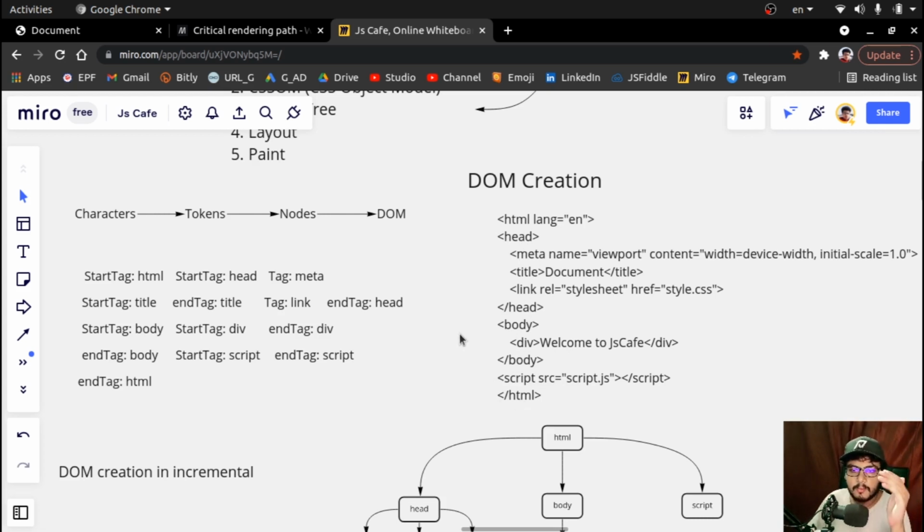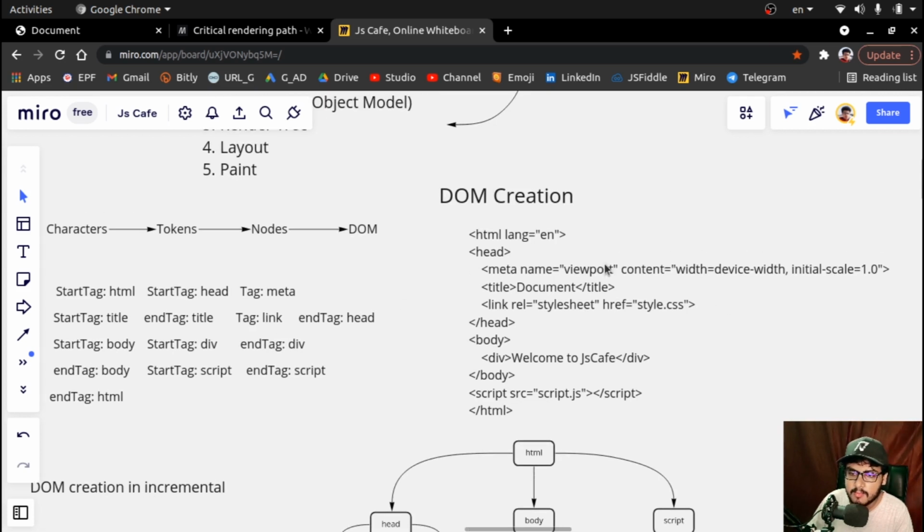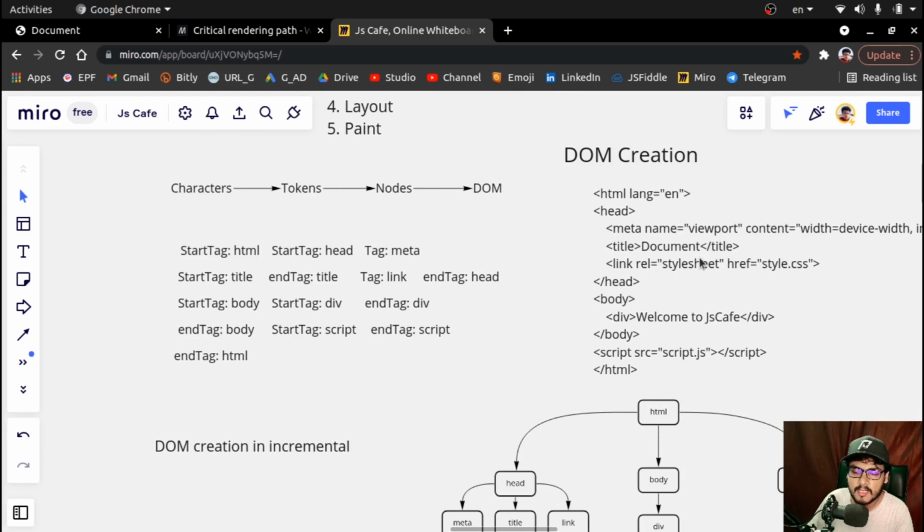Now when the browser starts going through this code, it creates tokens for it. For the browser, these are characters, and it creates tokens out of them. What tokens look like is that we start with the html, so it will assign a token saying it is a start tag. Start tag is basically a token. Then we come to the head tag, so again a token will be created, a start tag with value head. And we have a meta tag. Since the meta tag is self-closing,